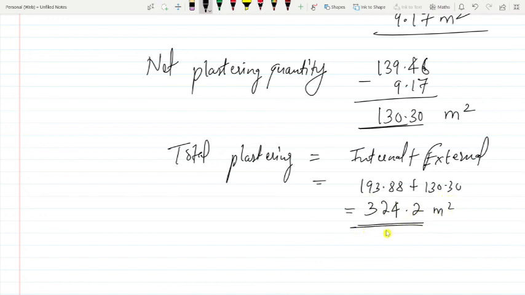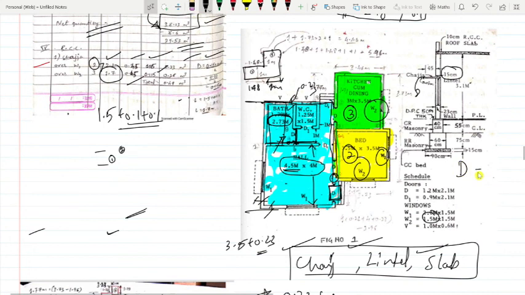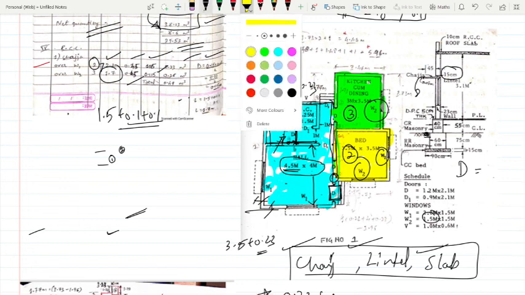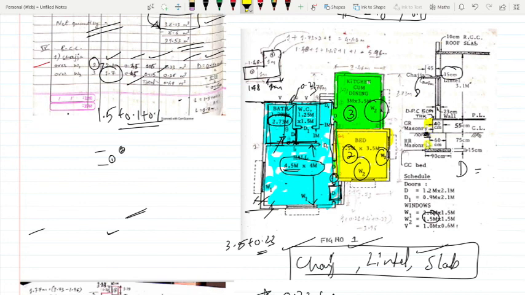With 70 marks, the total height of plastering will go 10 centimeters below, and there will be a plastering quantity for that also. This is a convention: whatever is above the ground, below that you take 10 centimeters.